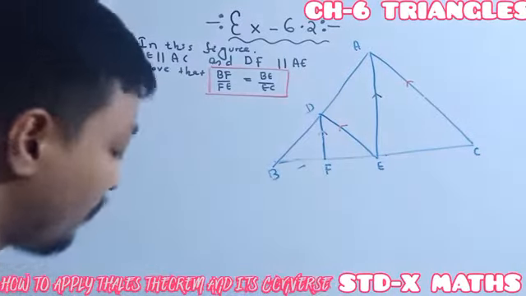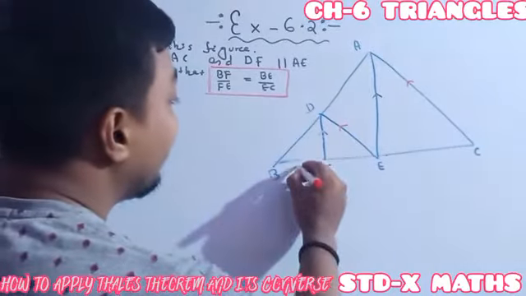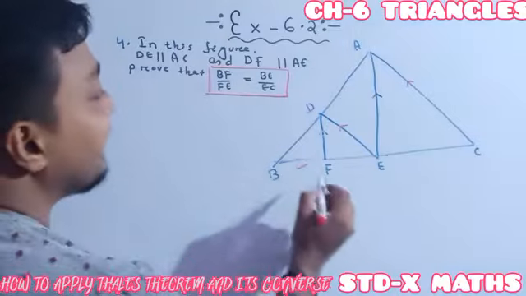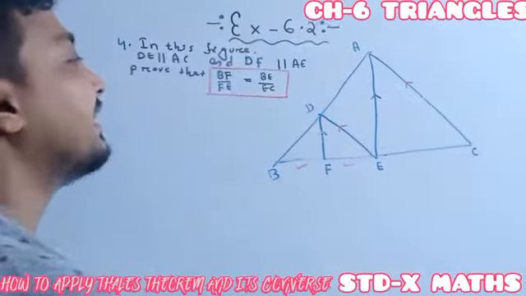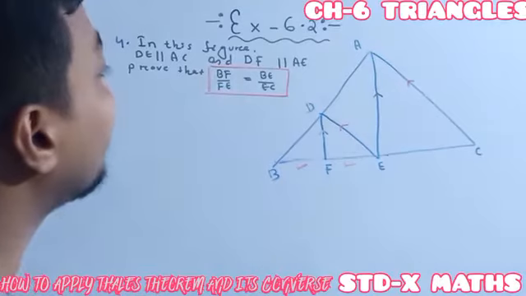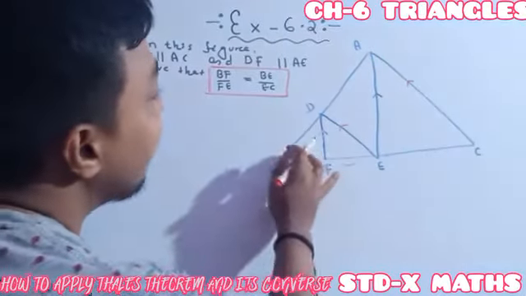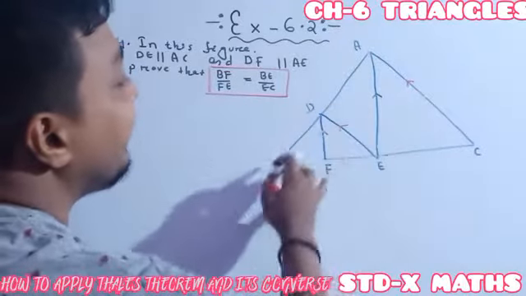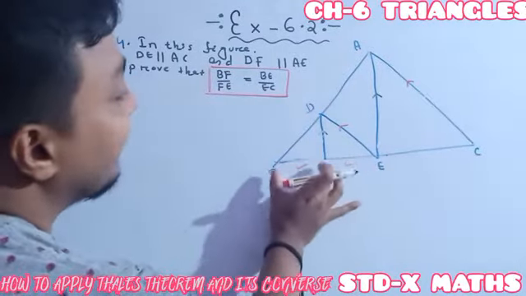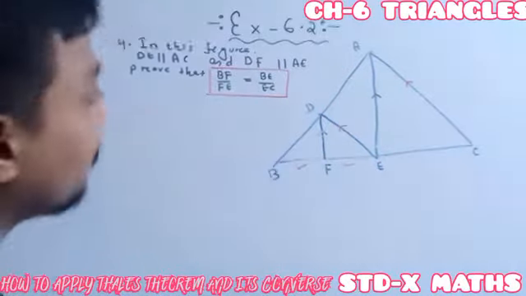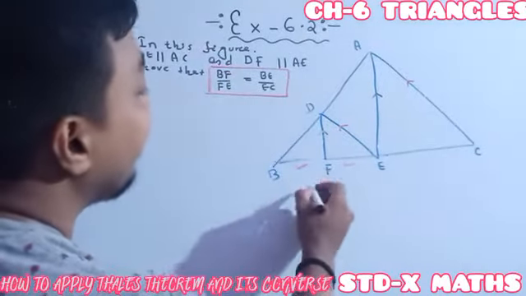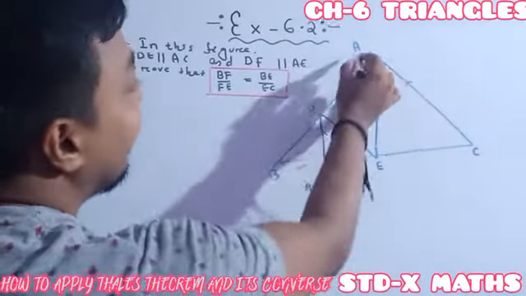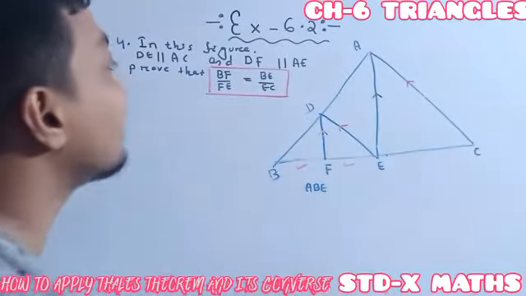Just see how to make a plan. BF is here. After that, FE is here, the little side. So these two are the sides of this triangle, the triangle ABE. For triangle ABE, these are the two sides. This is an important point you have to remember: in the triangle ABE, these are the two sides.